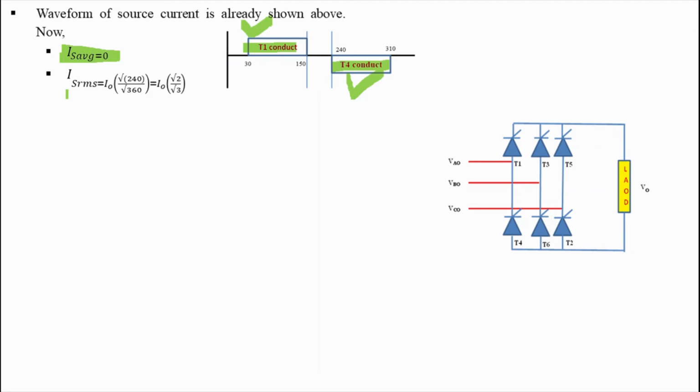And if we have to write the RMS value of output current, then we can directly write, see here, total conduction period is 120 plus 120, that is equal to 240 degree. So here we get 240 in numerator, and total time period is 360 degree. So if we take a square root of this, then we will get the RMS value, that is equal to I0 into root 2 by root 3, because I0 is the maximum value of this current. So all these are the shortcuts for calculating the average value and RMS value.